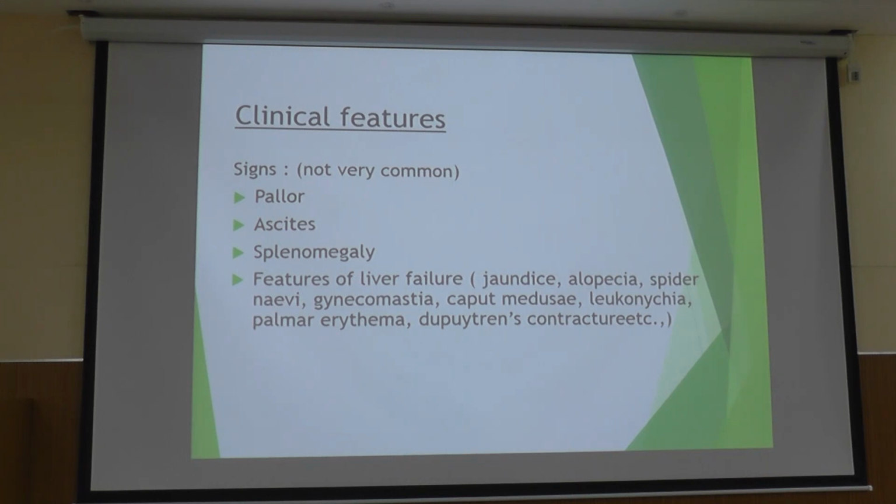We can appreciate them. And we all know the features of liver failure include jaundice, which is yellowish discoloration of sclera, mucosa and skin, alopecia, loss of hair, spider nevi are the dilated arterioles which are seen on the skin, and gynecomastia is the enlargement of breast in male, and caput medusae, you can see around the umbilicus, the dilated veins are visible due to portal hypertension. Leukonychia is whitish discoloration of nails, and palmar